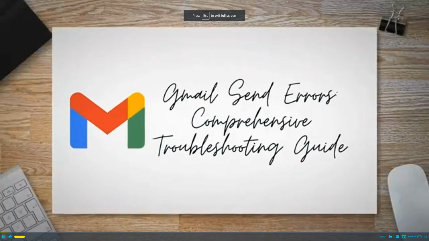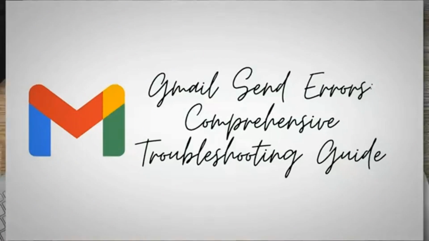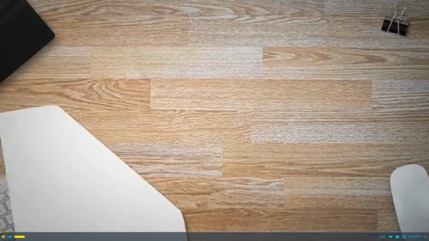Gmail has established itself as one of the most widely used email services, offering a seamless and efficient platform for managing our digital correspondence. With its user-friendly